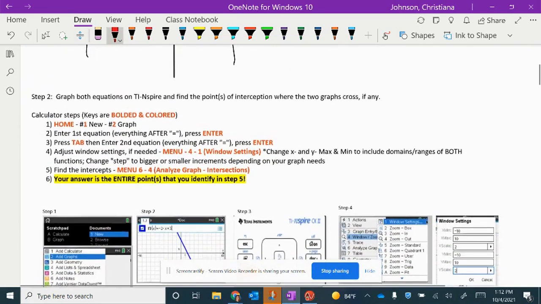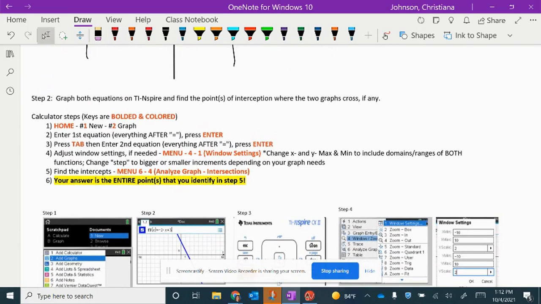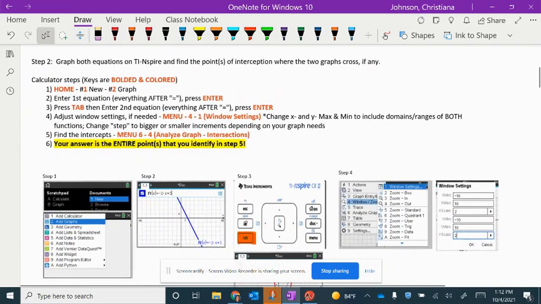Okay, so for graphing, we're going to follow these steps. We're going to go to step 1, which is go to home, pick new, pick graph. We're going to type in our first equation, hit enter, and it will draw our graph. Then push the tab button, which is highlighted on the picture. Type in